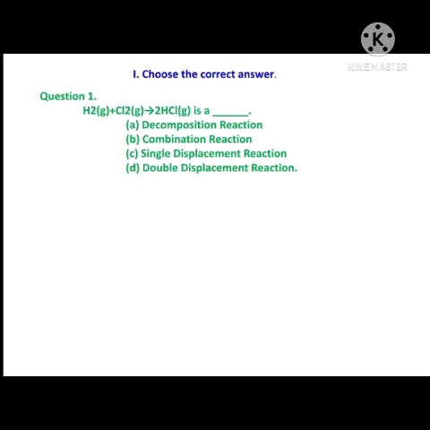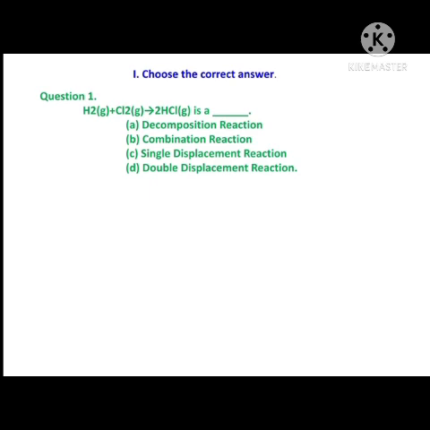Second one is combination reaction. Combination reaction is a reaction in which two or more reactants combine to form a compound. Single displacement reaction means, between an element and a compound, when they react, one of the elements of the compound, that means the reactant, is displaced by the element or reactant to form a new compound and an element. Double displacement reaction means when two compounds react, if their ions are interchanged, then the reaction is called